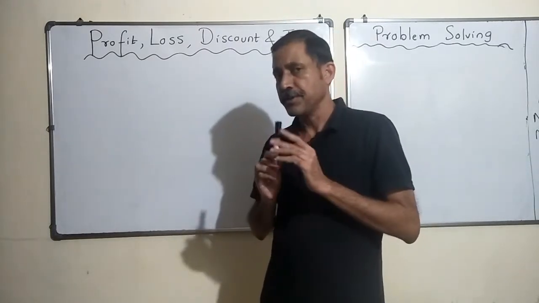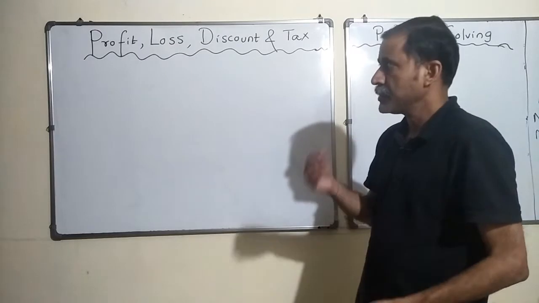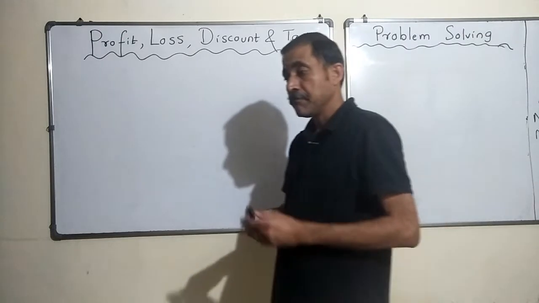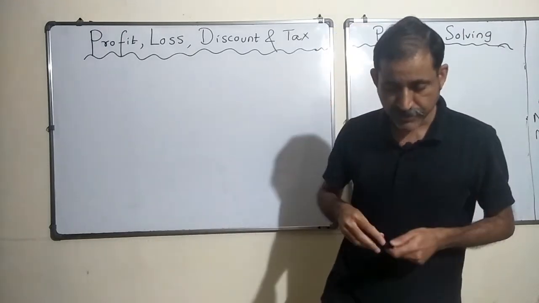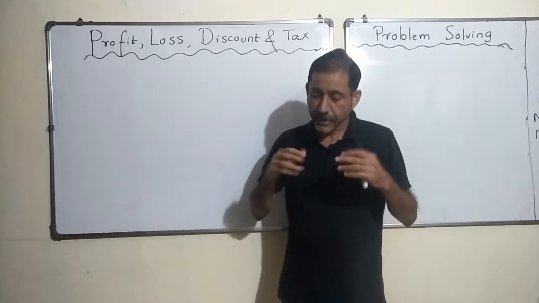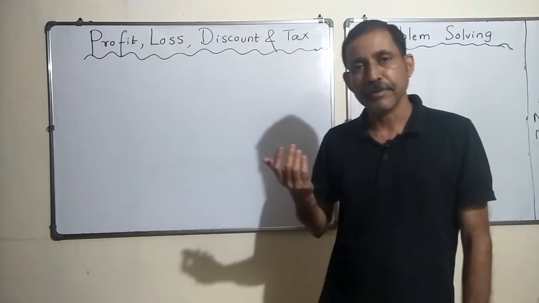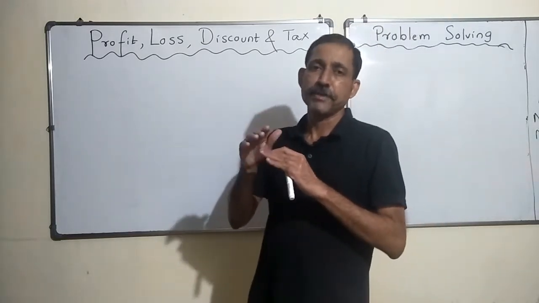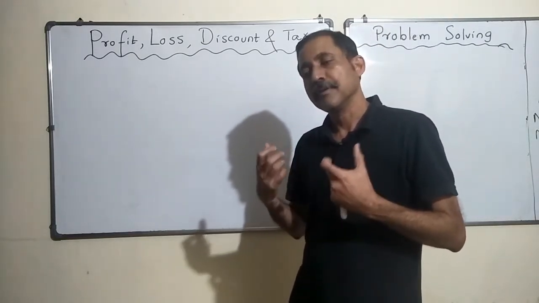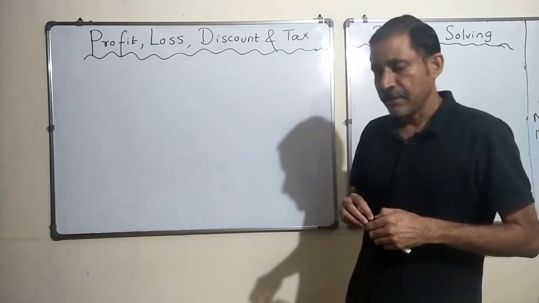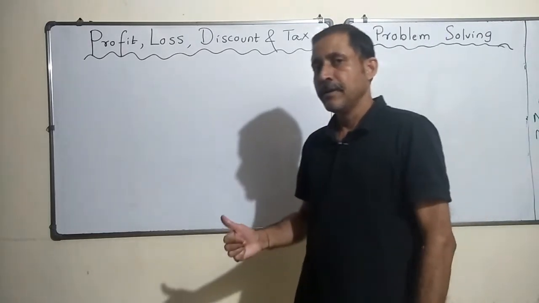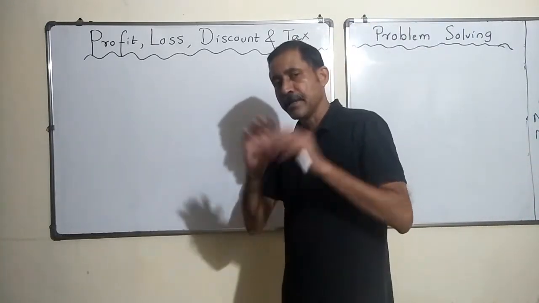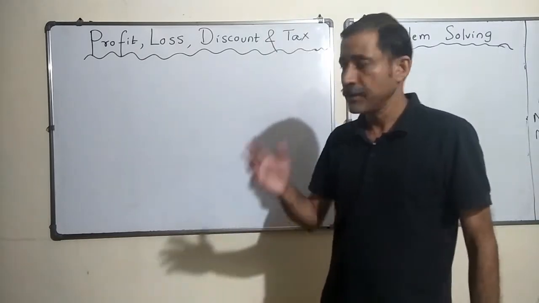In the last session, we introduced some terms like profit, loss, discount, tax, cost price and selling price, right? And I gave an example of myself becoming a shopkeeper and buying something and earning profit, and how my profit percentage reduced as more things came into the picture. And then how eventually I sold it and deducted tax on the final selling price. I think that was a good story for you to understand all these terms.